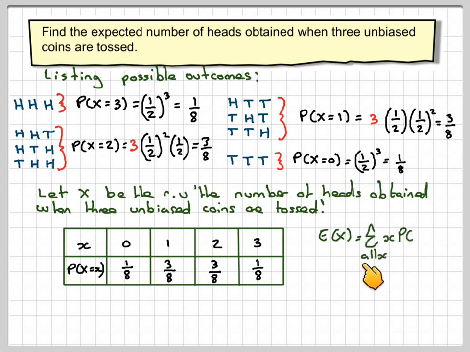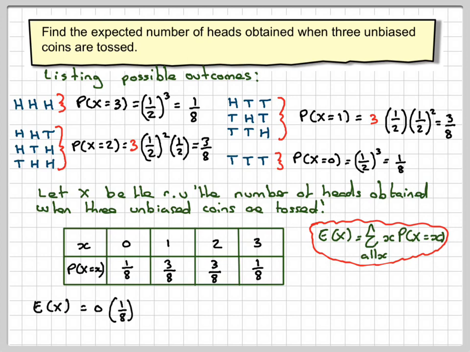Now, the expectation of x, the expected number of heads, will be the sum of all x of x times the probability that x is equal to x. So that's going to be 0 times 1/8, 1 times 3/8, 2 times 3/8, plus 3 times 1/8,